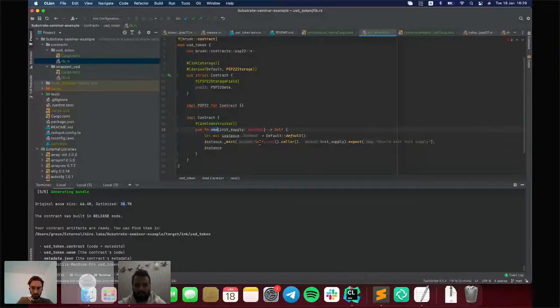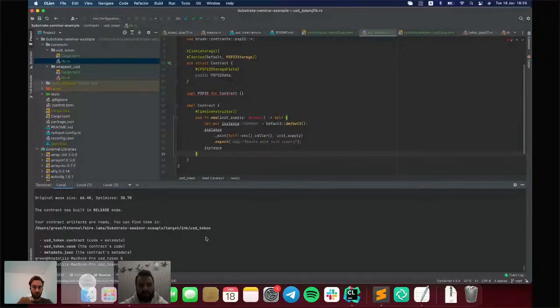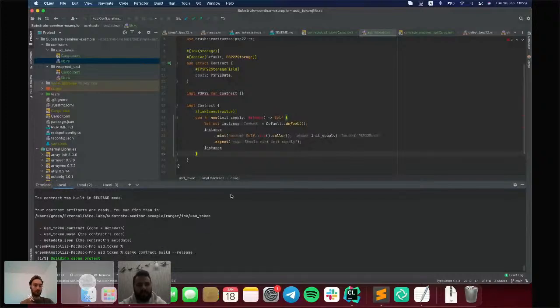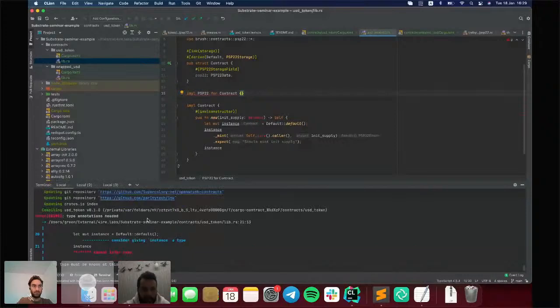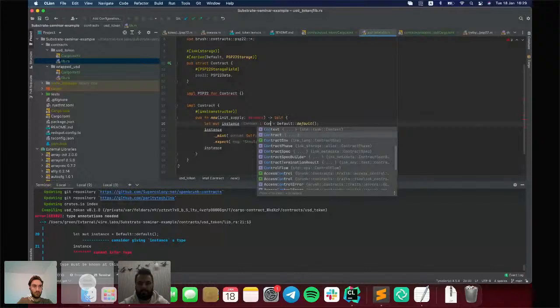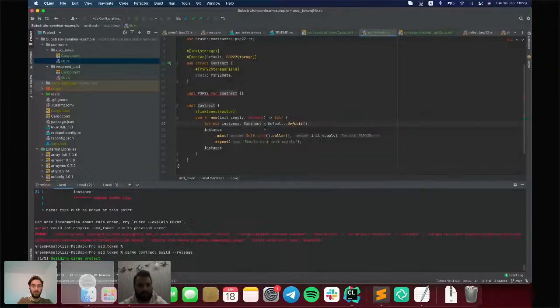And we will mint the initial supply of tokens for that account. We also can try to build it to verify that everything works. And oh yeah, it requires an explicit type here.